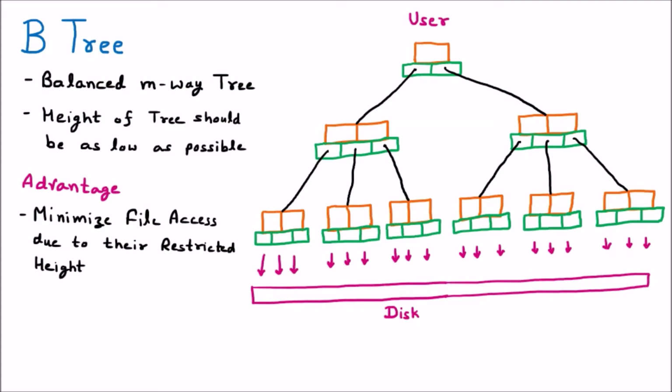Now assume that you are driving a car. In your car you have seen that there is a music player, right? Whenever you want to go to a specific song, you just click on it. You simply touch the screen. So how do things happen behind the scenes? Let us suppose that this is the memory location where your song is placed. Based upon the tree, the user will first put in the request. Then it will start from the top node and find the location.